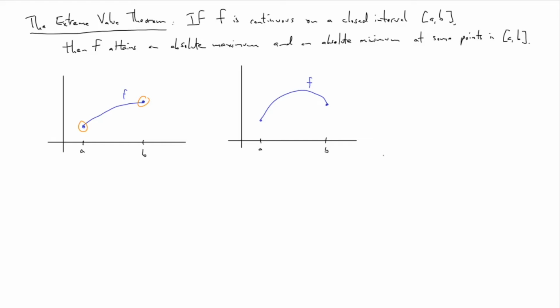If we look at this function on the right, well, the absolute minimum value is still at A, but the absolute maximum happens somewhere around there at a critical point for the function. It's at a relative maximum of the function, and so that would be at a critical point of the function. And we've just answered the question of where could the absolute maximum be and where could the absolute minimum be? And the answer is each one has to either be at one of the endpoints or at a critical point